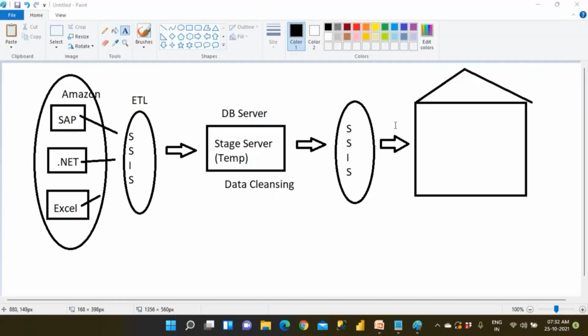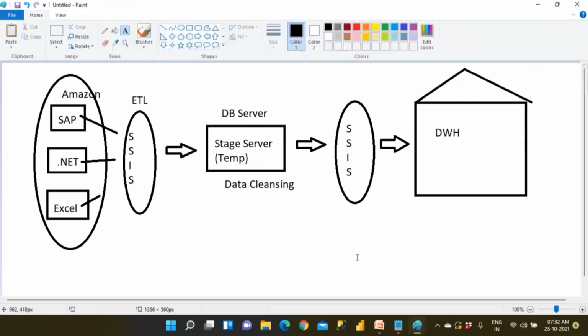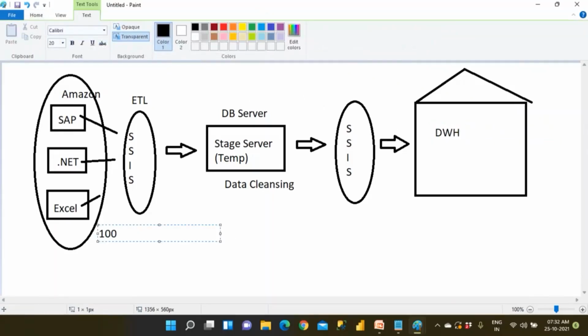Okay, guys. So we have to create a data warehouse here. When you create a data warehouse, you get so much data. For example, this month 100 GB of data is collected. So the 100 GB of data is going to come here, right? Next month again 100 GB, so 100 GB, 100 GB, for 12 months. 100 GB every month over 12 months is approximately how much? 1 terabyte of data per year.